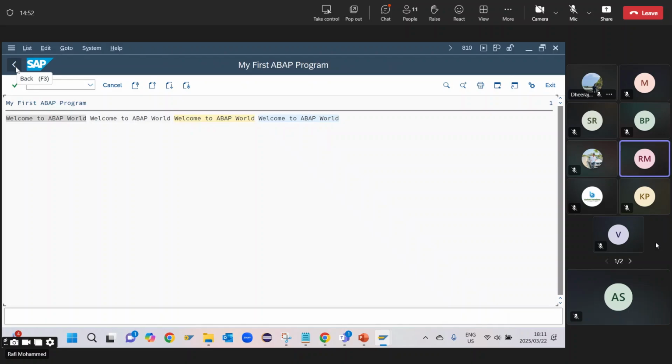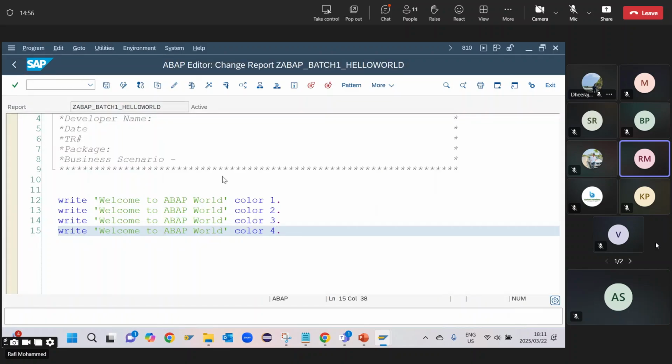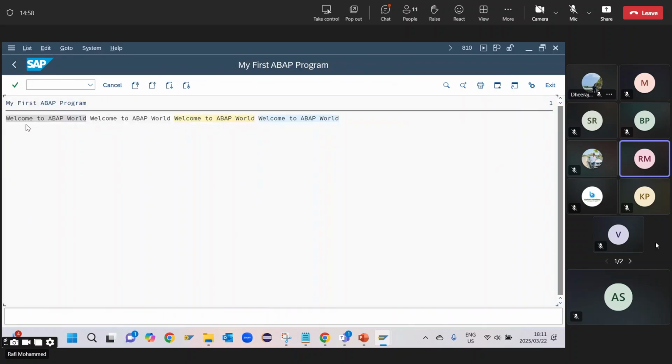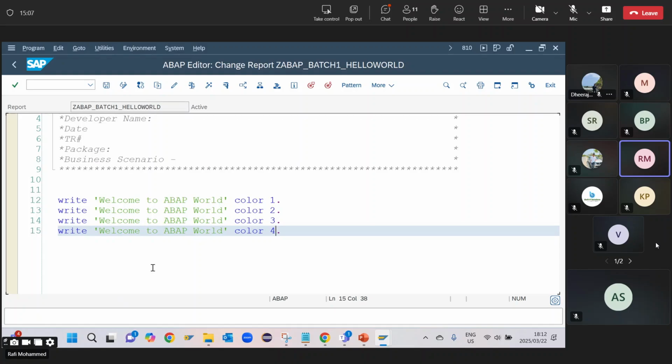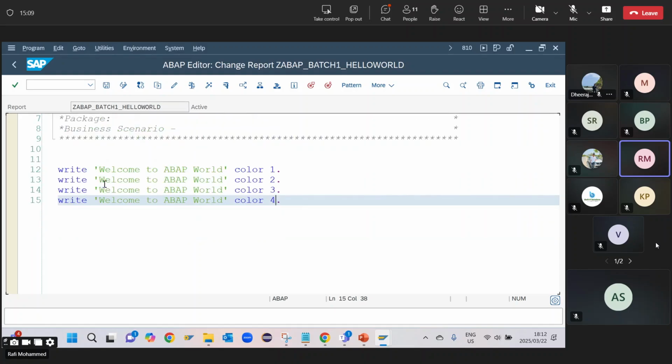In your programming, if there is a requirement, like if you want to beautify the output, you can do this. But just observe here, you see everything is in a single line, right? I want all these things to be broken into different lines. So for that, what I will do, I will say